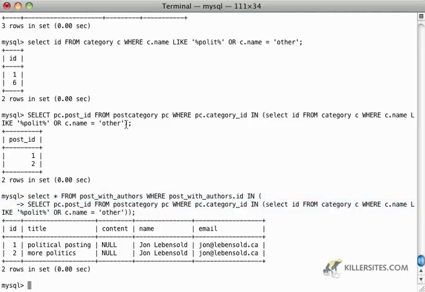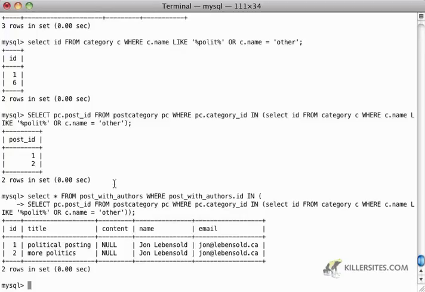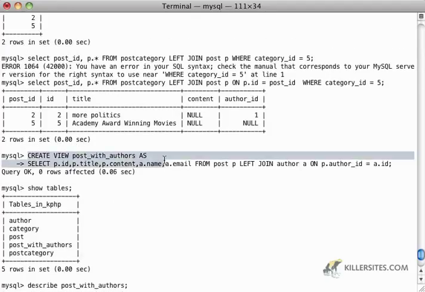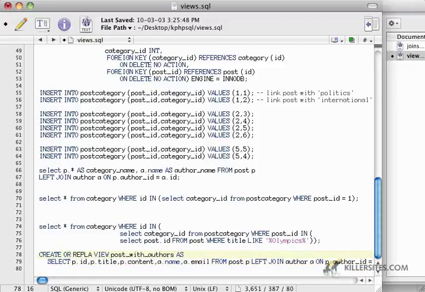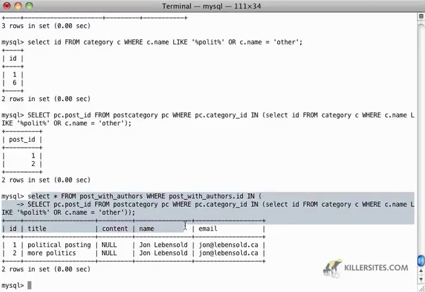Now, one of the things to note about the view is that if you create it, you might want to update it at a later date. So I'm going to go back up to the create view post with authors, and I'm just going to copy this into my text file. And I'm going to modify this to say create or replace view. And what this means is that either it'll create it the first time around or it'll just replace it with whatever I've got here. And then the same thing down here. I'm going to take this select statement